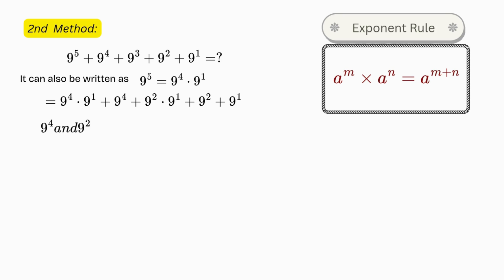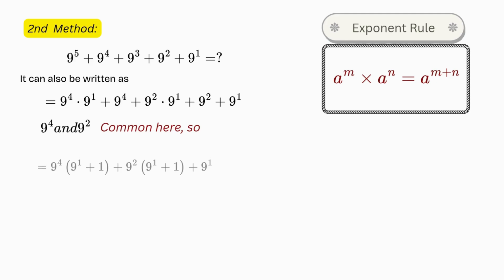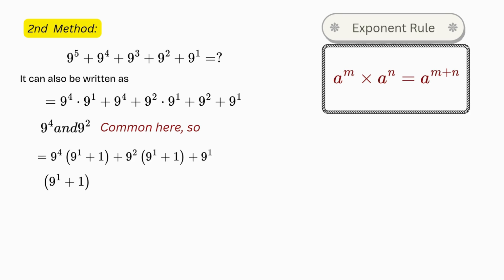We see here 9 to the power 4 and 9 to the power 2 are common here. So now 9 to the power 1 plus 1 is common here. Therefore, expression would be